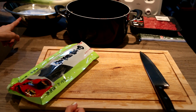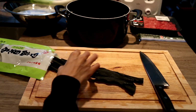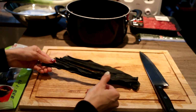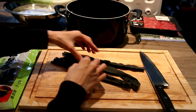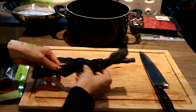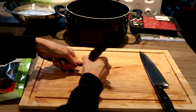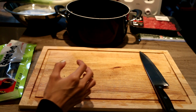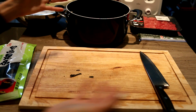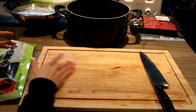Okay, so while the rice cake is submerged in water, I forgot to mention we have to do 3 things to save time. We have to make the dashi stock. Usually it really depends on the size. I will use about 2 of these for 8 cups of water. I'm gonna just cut it in half, put it in the water, and then boil this until the water changes color. It's gonna be kind of yellow greenish,